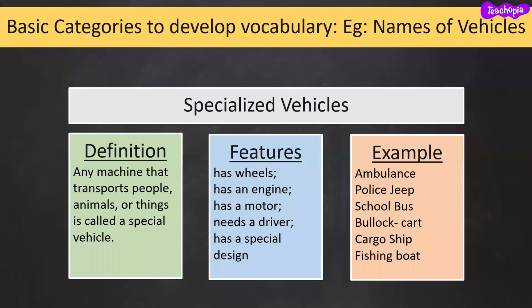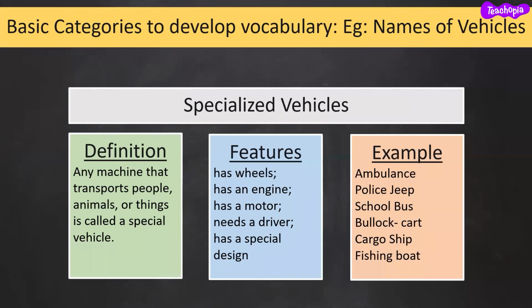So that depends on what kind of vocabulary set you want to develop and how you want to use it in your classroom. So here we have the vocabulary set that we have created. Under definition, we have a simple statement: any machine that transports people, animals or things is called a special vehicle. Here words like machine, transports people, animals or things, and special vehicle are some keywords that we can identify